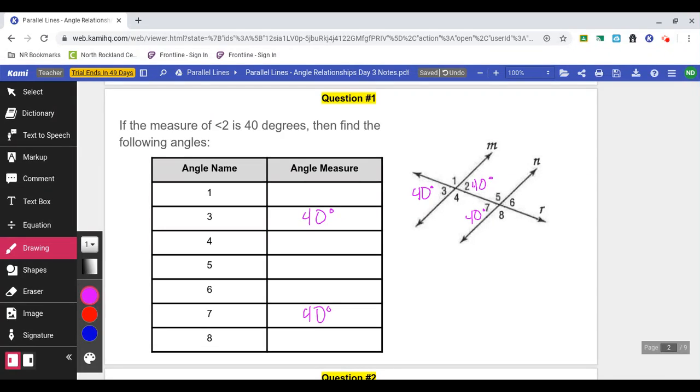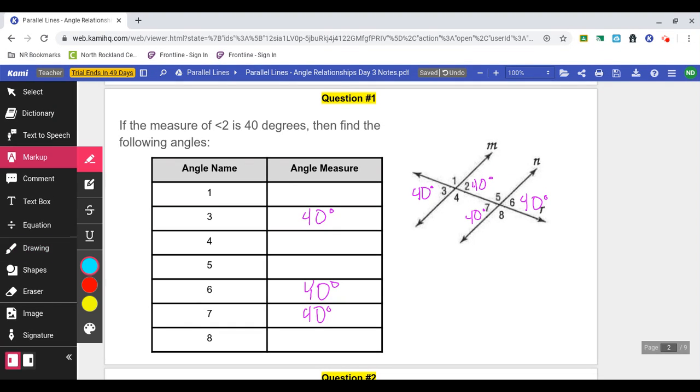Angle 6 is the vertical angle to angle 7, which means angle 6 has to be equal to angle 7, so angle 6 also equals 40 degrees. Okay, now that's all the angle measures that are going to equal 40 degrees. So now I'm actually going to have to do some math. I'm not going to look at angle 1. I know that angle 1 and angle 2